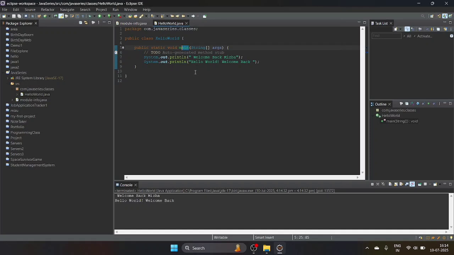And the file name, everything should be given carefully. Whatever name you gave while creating the class, you give the same here: the class name and file name should be the same. Okay, this is about how to print hello world.